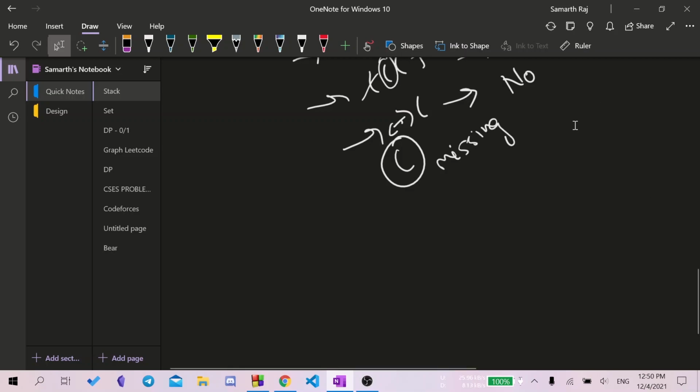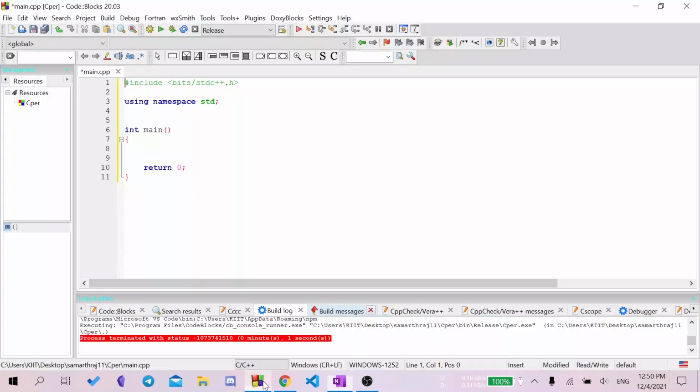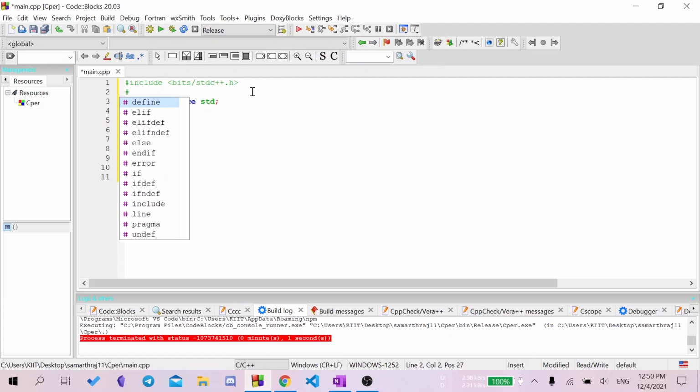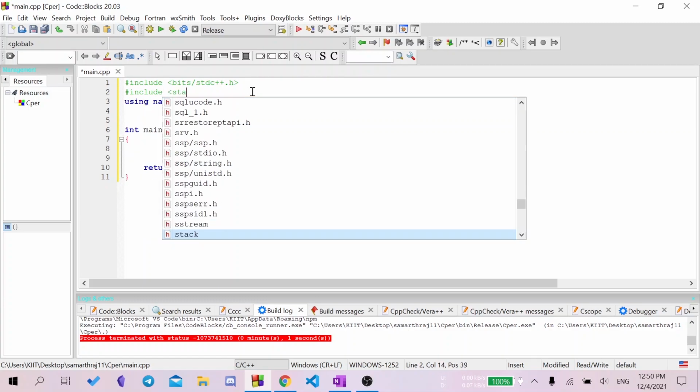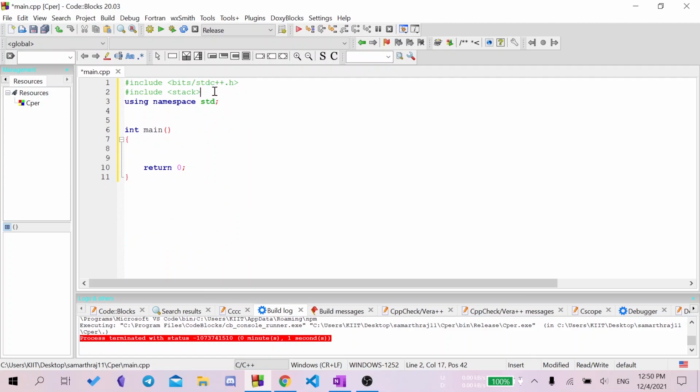Now let's see how we'll code this logic. तो मैं अपना एक IDE खोल लेता हूँ, और इसमें मैंने पहले से एक लाइब्रेरी इंक्लूड कर रखी है, bits/stdc++। इसमें जितनी भी लाइब्रेरी C++ में हैं वो सारी होती हैं, लेकिन फिर भी अगर आपको बिना इसके करना है तो हमें एक स्पेसिफिक स्टैक के लिए stack इंक्लूड करना पड़ेगा। तो ये भी वही काम करेगा, लेकिन क्योंकि मैंने ये ऐड कर रखा है तो हमें इसकी ज़रूरत नहीं पड़ेगी यहाँ पे।